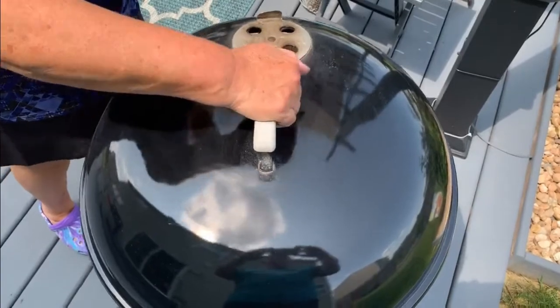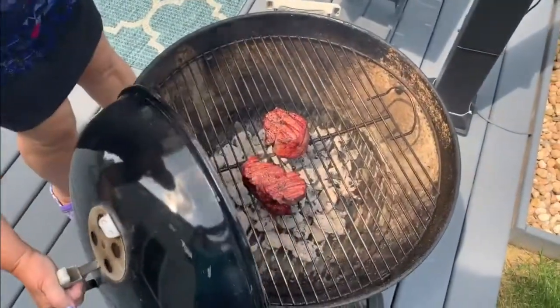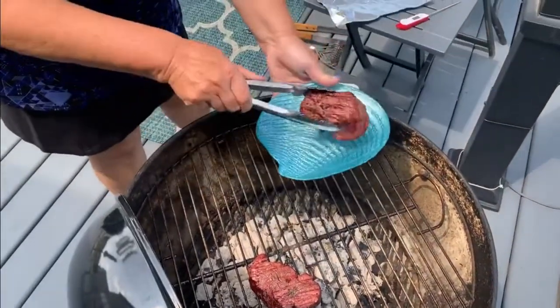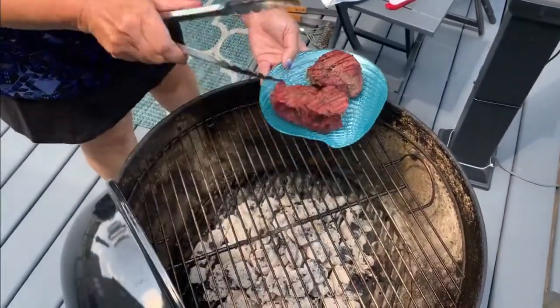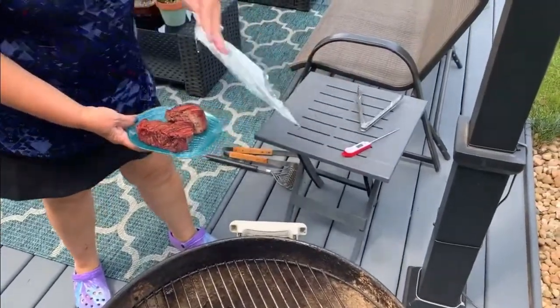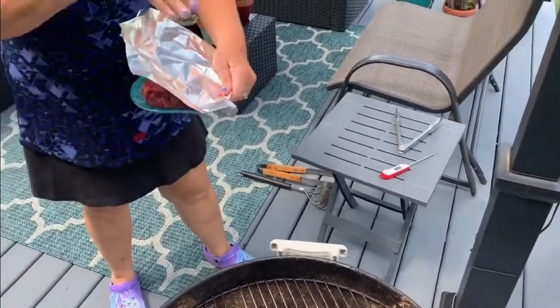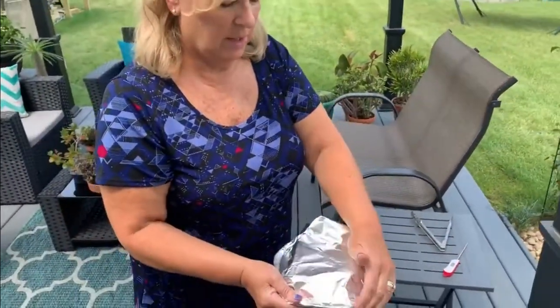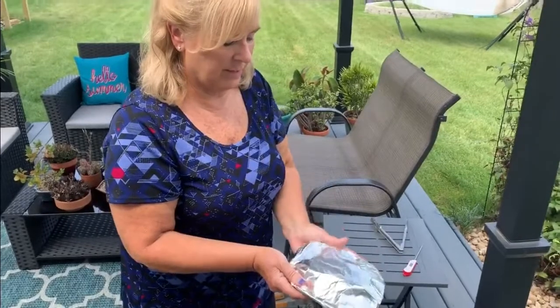So I left them on just a couple more minutes. These steaks are good to go now. And what I'm going to do is put them on a platter and let these rest. I'm going to cover them with aluminum foil, and I'll take them in the house. This way, when you let them rest, the juices will disperse. It will continue to cook for a couple more minutes, and then it'll be ready to cut up for this